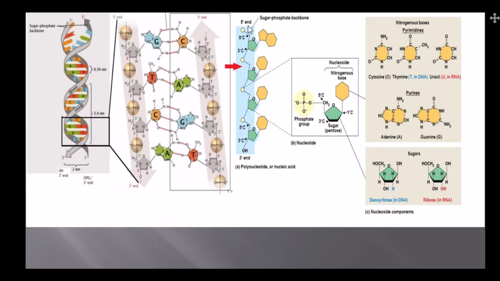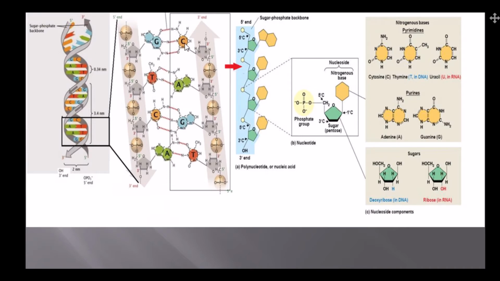This backbone is made up of phosphate, sugar, phosphate, sugar, phosphate, sugar, phosphate, sugar, like this. Similarly, the other chain, and in between these two chains we will find the nitrogenous bases, and these